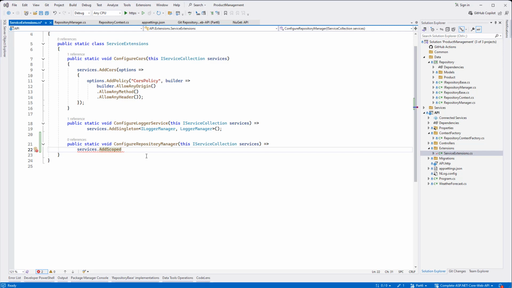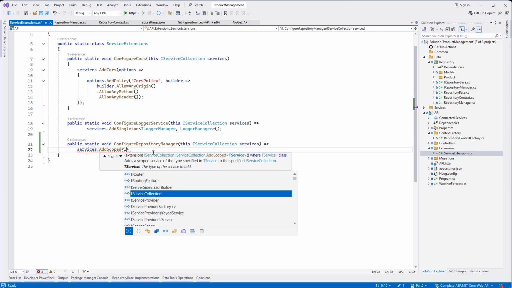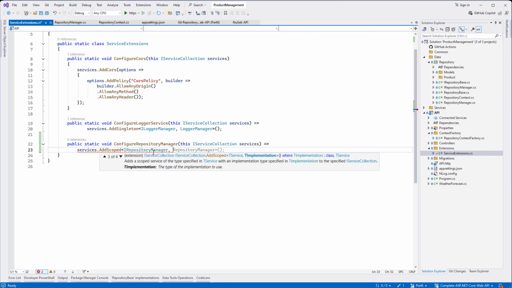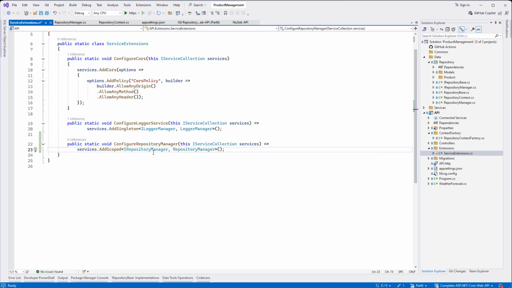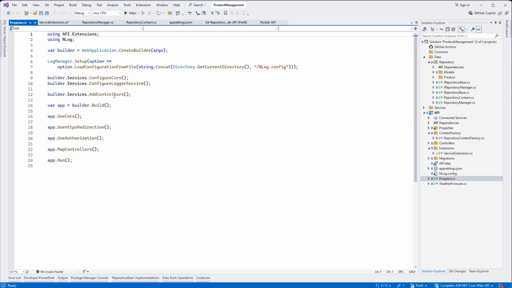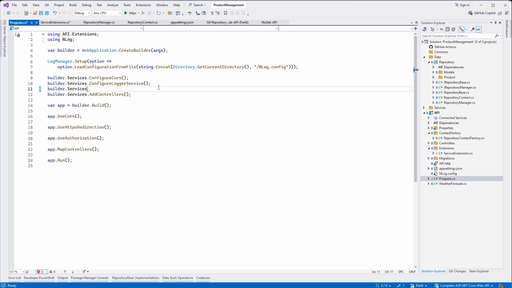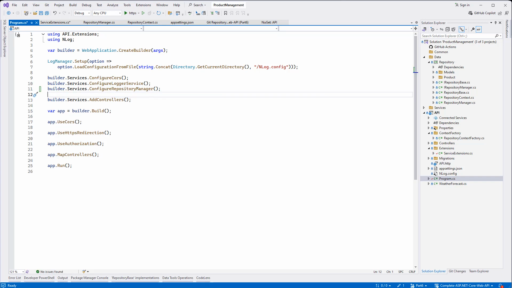Okay, so now what we are going to do here, type IRepositoryManager and RepositoryManager. Okay, now let's add it in our Program.cs class. Builder dot services dot ConfigureRepositoryManager. That's it. Okay, now